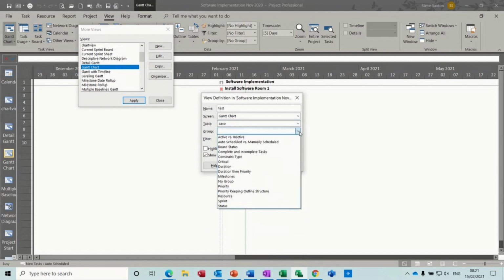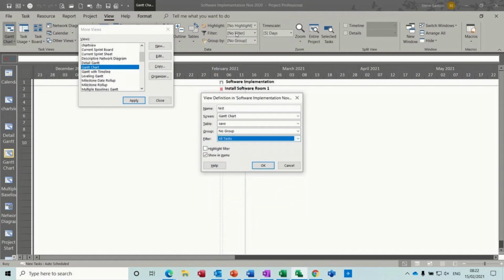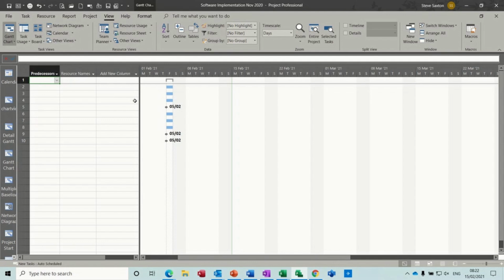And you need to select a group, so I don't want any grouping, no group, and all tasks filter. Click OK to that. Okay, Test 1. Test 1, apply, and then now I should be able to